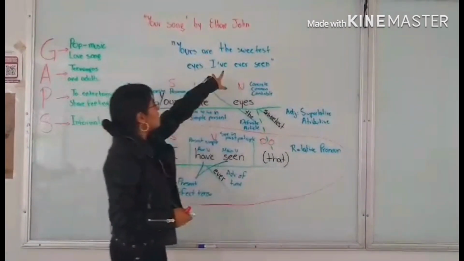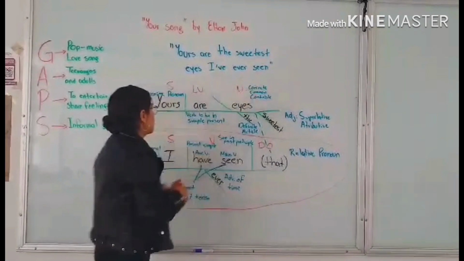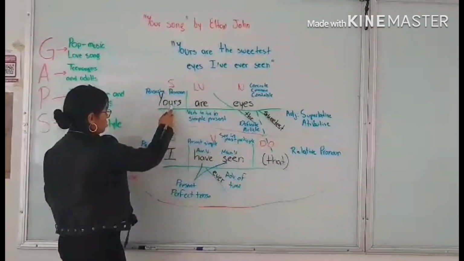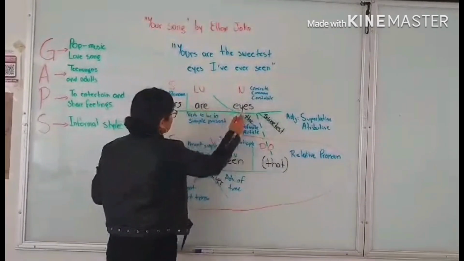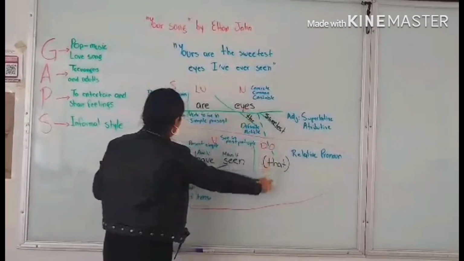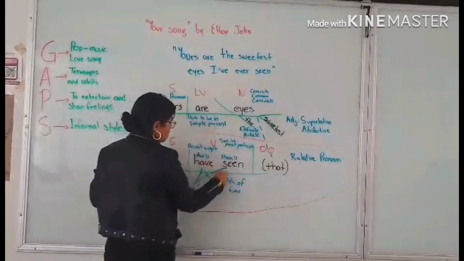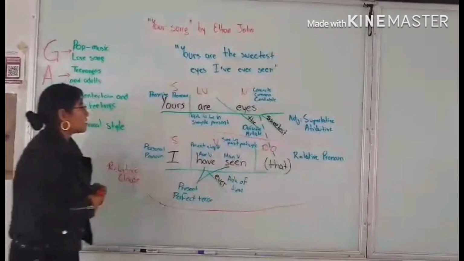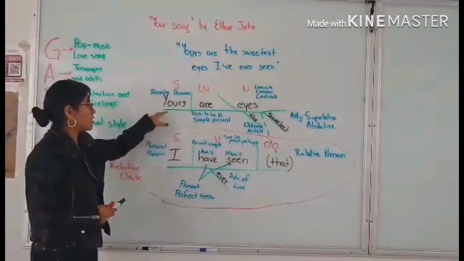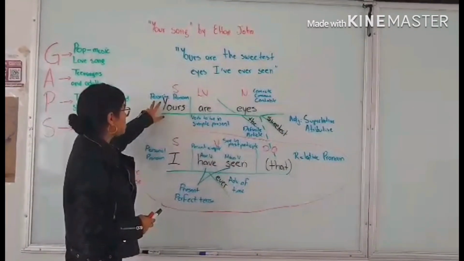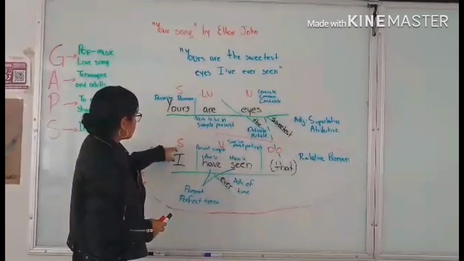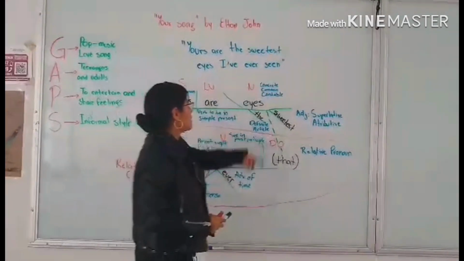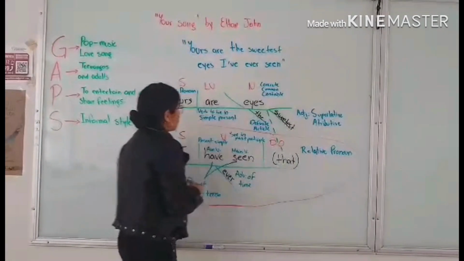Your eyes are the sweetest eyes I have ever seen. So we're going to join it. Yours are the sweetest eyes. Your eyes are the sweetest eyes that I have ever seen. And this is how each word has its own function in a sentence, and how it's functioning as a subject, as a verb, as a direct object. And so our patterns